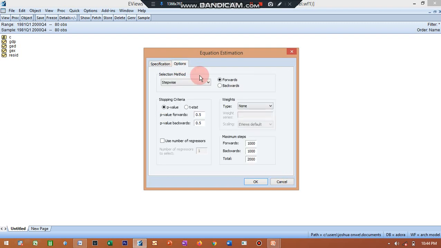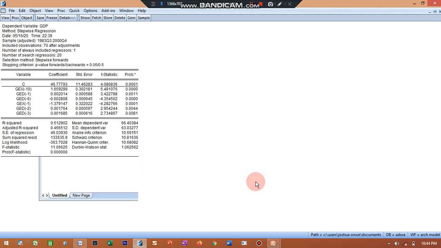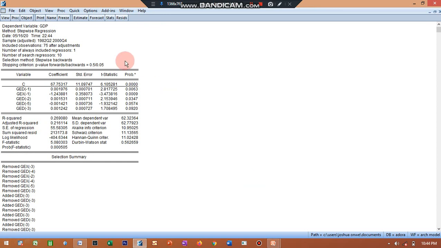and I'll go to Options. This is Options, and I'll go to Backward. Now I want to check for backward. This is backward, and I'll go to the p-value for backwards. I want to look at the 5% level of significance, and so I will change this to 0.05, which will be my criteria of judgment. So I will press OK, and OK. So this is my result for the backward